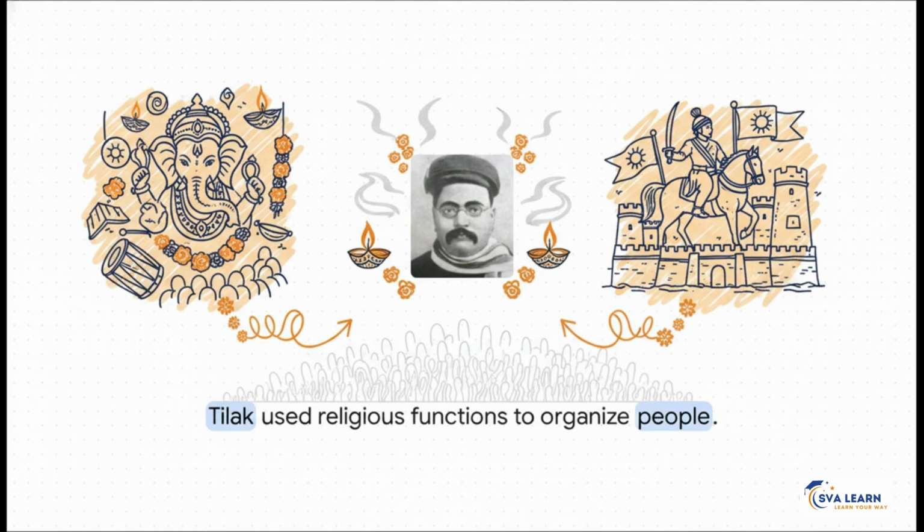He knew that to really fight the British, he couldn't just rely on a few educated politicians. He needed the everyday common people. So he utilized religious and cultural functions, specifically Ganesha Chaturthi and Shivaji Jayanti celebrations, to bring massive crowds together and inspire nationalism. It was just a genius way to organize a huge freedom movement completely under the radar of British